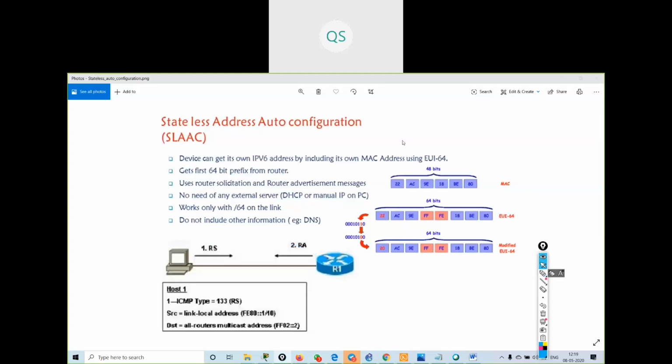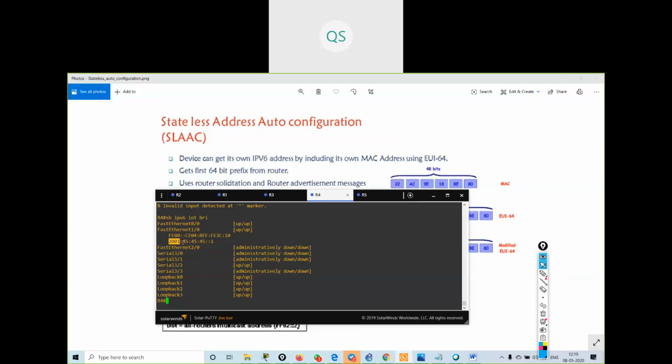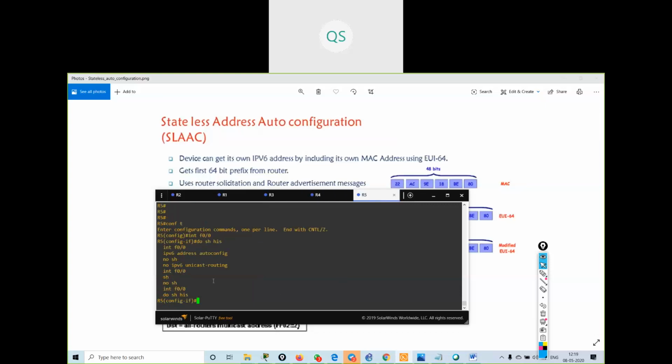If you verify on R4 the IP address I have given, this is my 64 bits. These 64 bits will be given to the R5 router, which is the client, and the last 64 bits will be the R5 router's own MAC address.